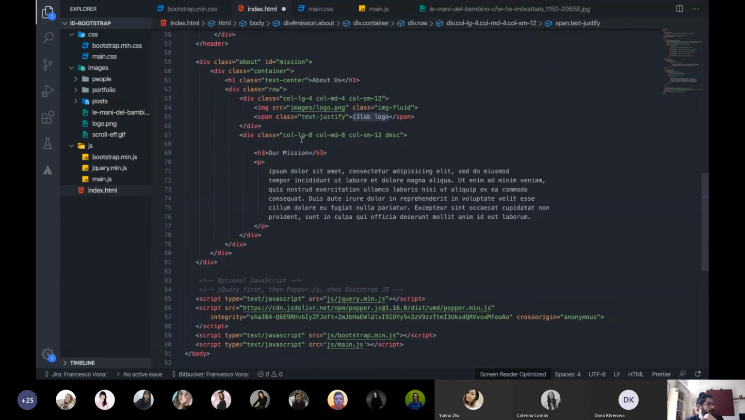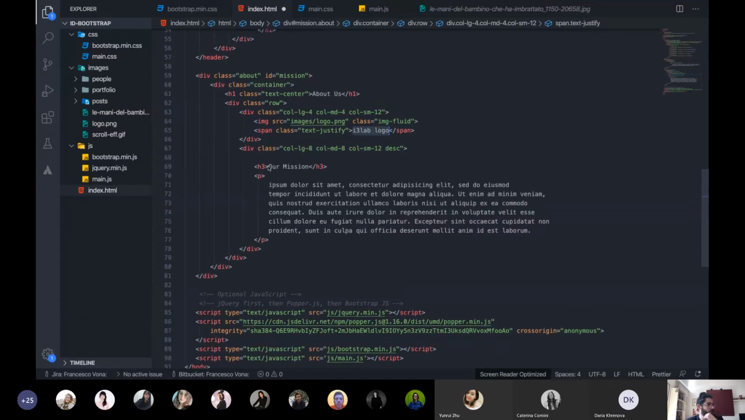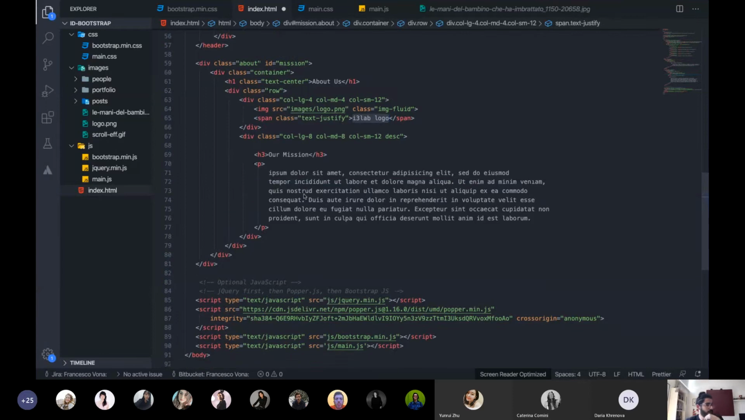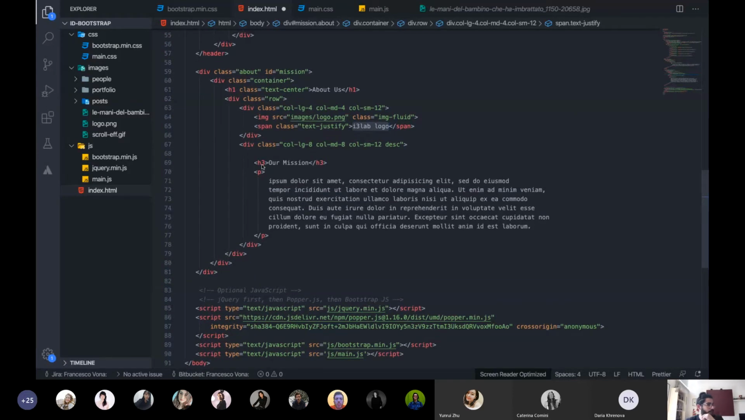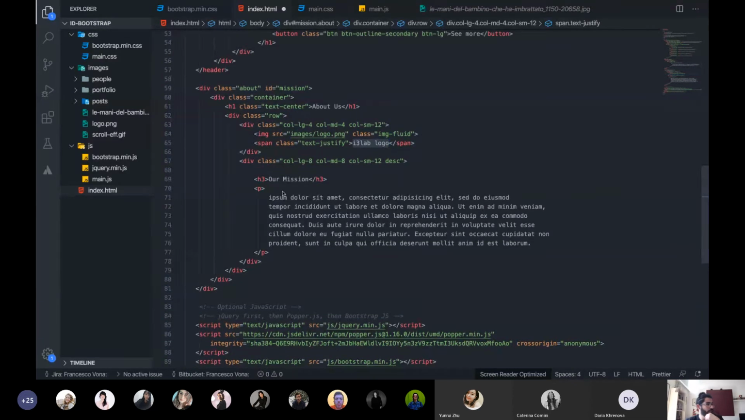Then we have the rest of our row, which has a text, and this text is about the mission of our laboratory, and then here I put some placeholder just to write something. So here we are using a heading 3 and a simple paragraph. You see that